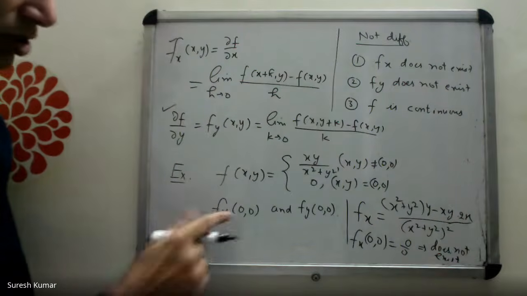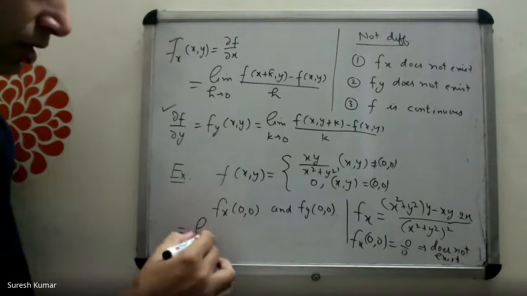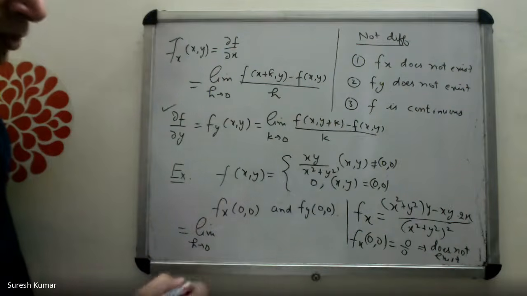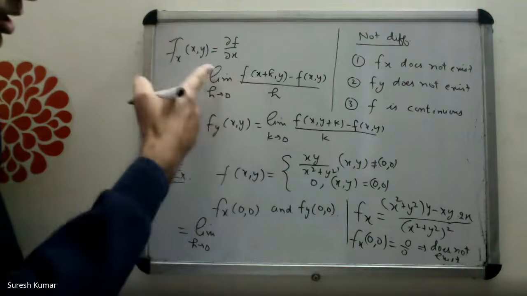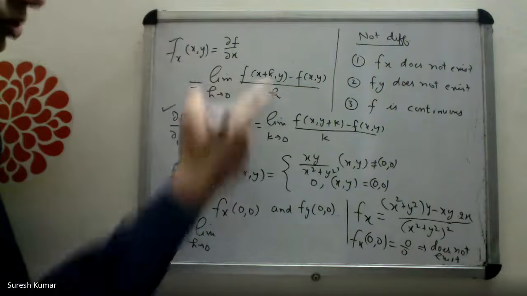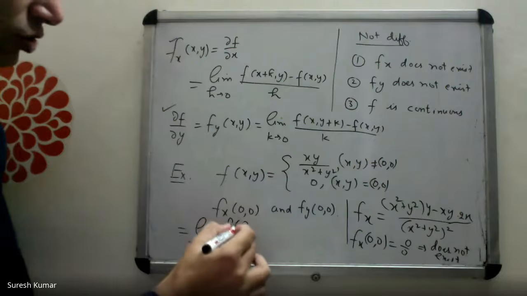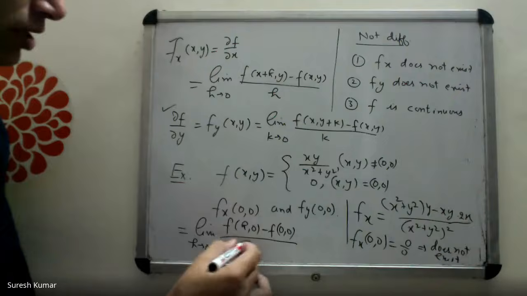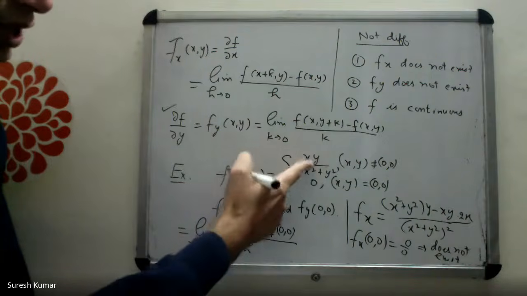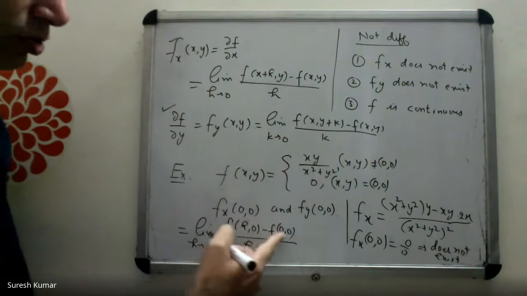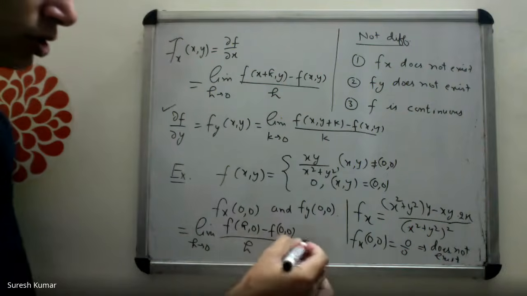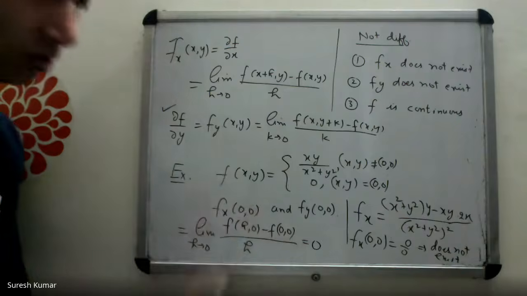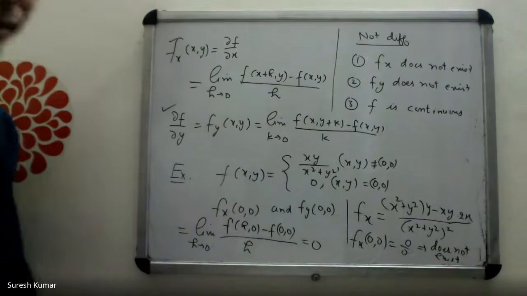You know that this partial derivative exists. If you go by definition, what do you get? Use this definition. Here your (x, y) are (0, 0). So by definition it is f(h, 0) minus f(0, 0) divided by h. f(h, 0) you can calculate from here, it is 0. 0 minus 0 over h. So the answer of this limit is 0. The partial derivative exists and it is equal to 0. Now what is wrong here?